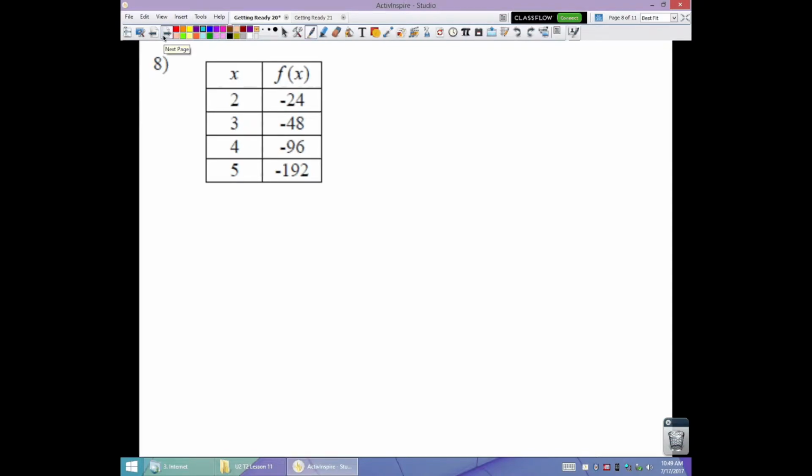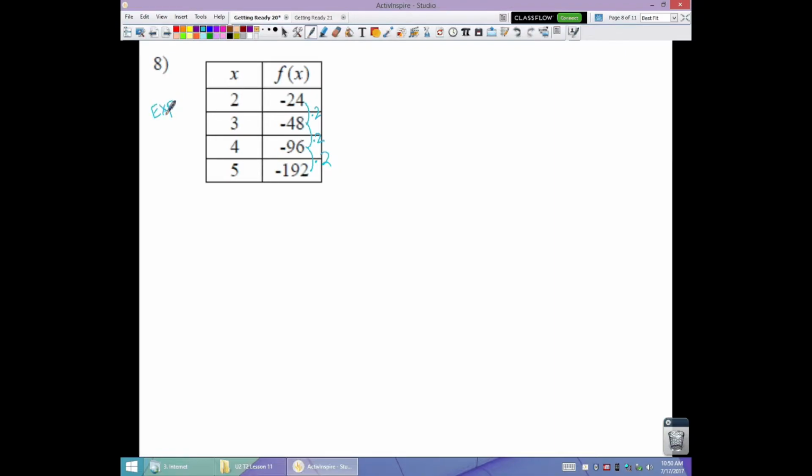Number 8, these numbers start negative and stay negative. So -24 goes down to -48. That's down 24. If I try subtracting another 24, that does not give me -96. So it's not arithmetic. If I try -24 times 2, I get -48. That times 2 is -96. So again, I have another exponential